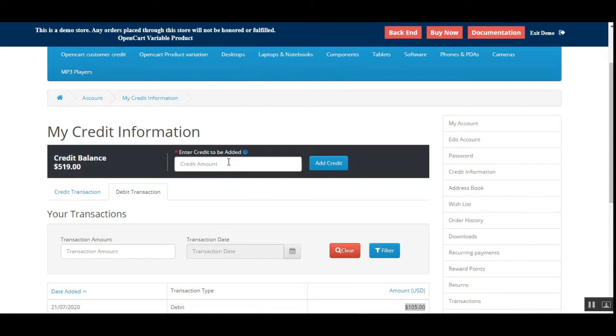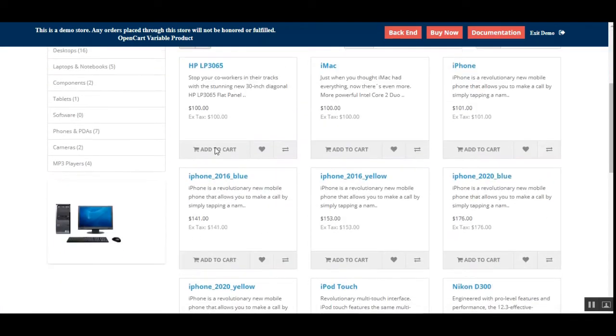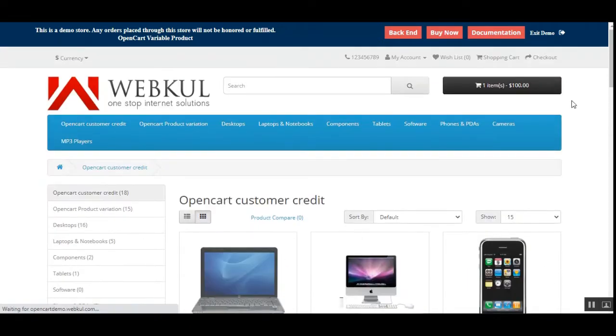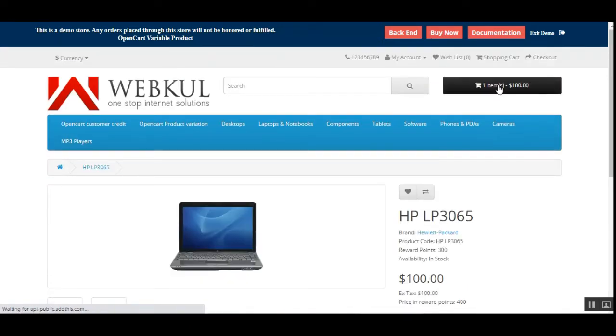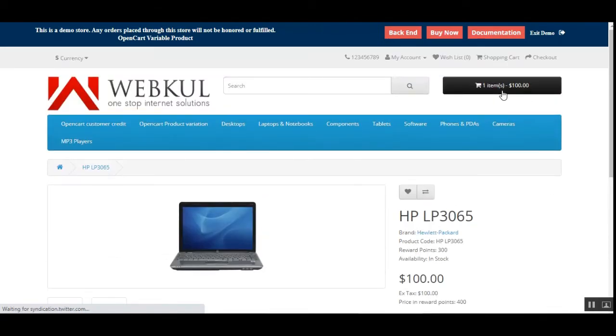So that means if you're adding some credit amount to your credit system, for example, if you're adding $100, and you tap here on the add credit button, at the same time, if you want to add a few more products for making a checkout, for example, if we tap here on the add to cart button for the laptop once again, so basically I'll just tap here on the add to cart button,